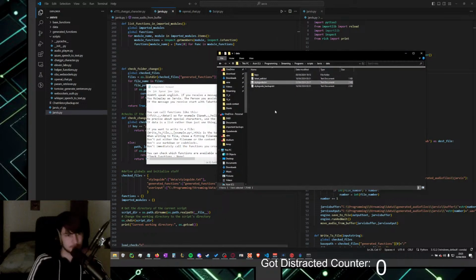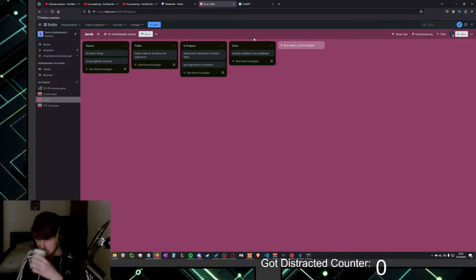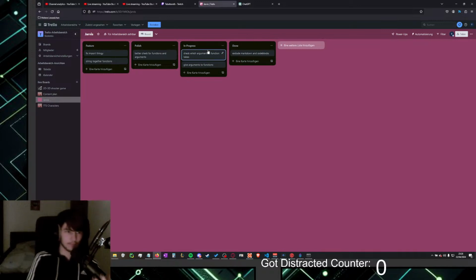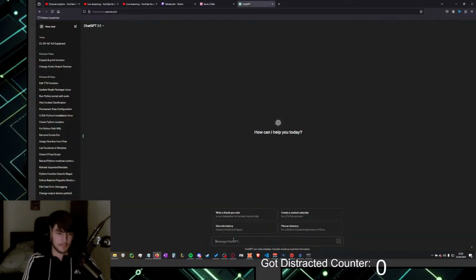Actually, it would be smart if I did both at the same time, yeah, they sort of go hand in hand. If I implement this one smart, then this will feed into the other one. Also this one sort of. Yeah. So let's start with it. Let's start with that. Check which arguments a function takes.